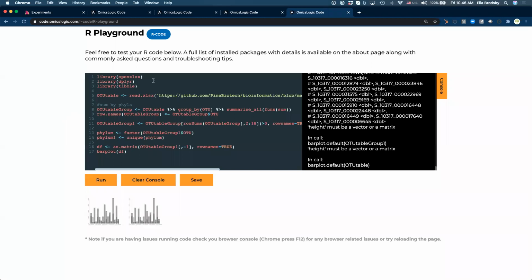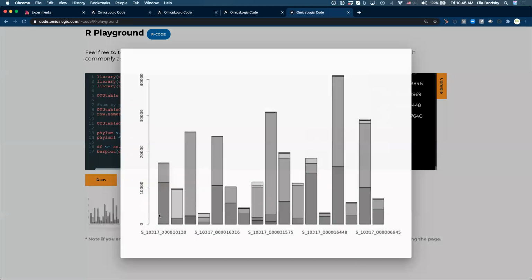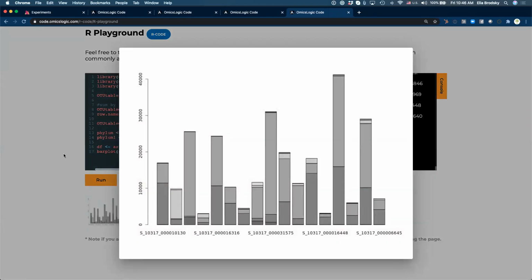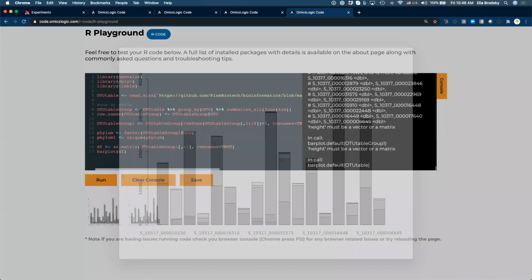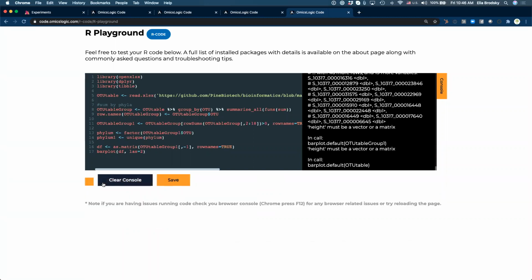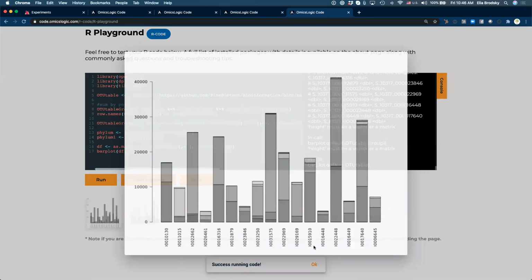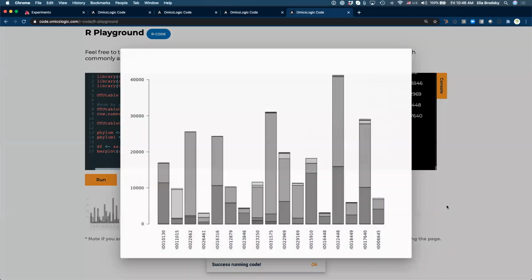All right, so this is now a comparison between our samples. And here we can again say last equals 2, and that will give us the names of our samples. Right, now we can kind of see them.